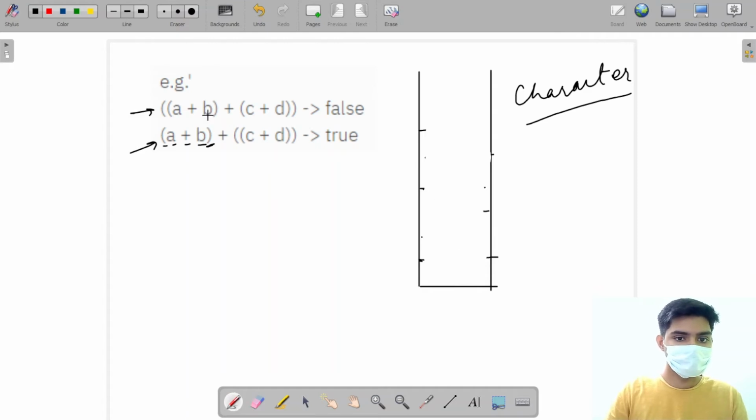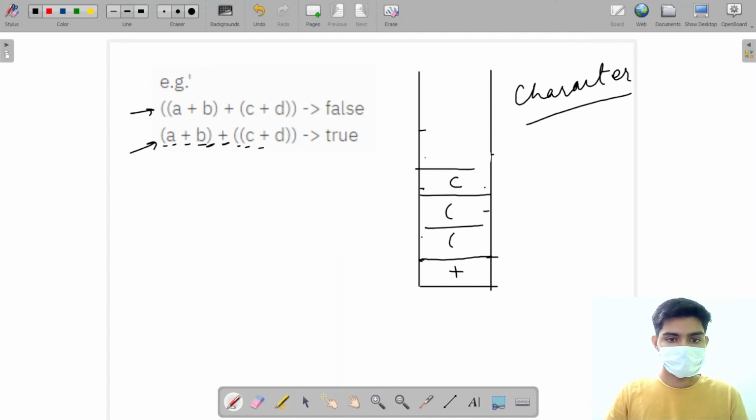Okay, now I'm at this point, I'm going to push this plus. I'm going to push this opening bracket, again push this opening bracket, push this C, push this plus, push this D, and here I encounter a closing bracket. I'm going to pop every element till I find an opening bracket, and then I'm going to pop the opening bracket as well.